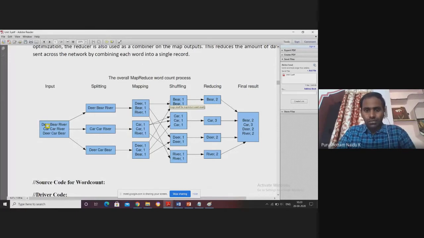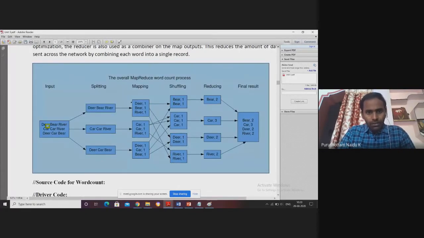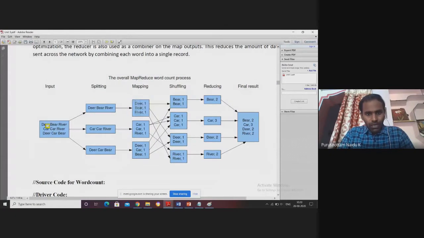Once we write the code for the mapper, the output of the mapper goes through internal shuffle and sort by Hadoop.